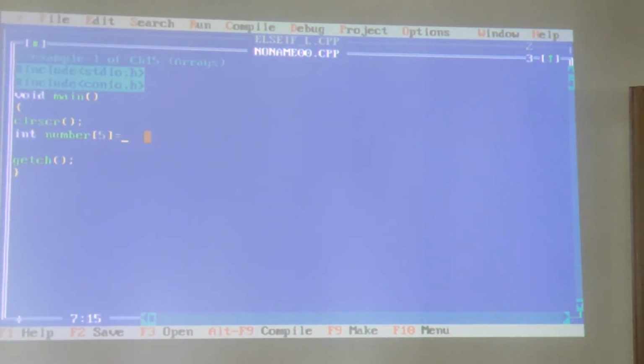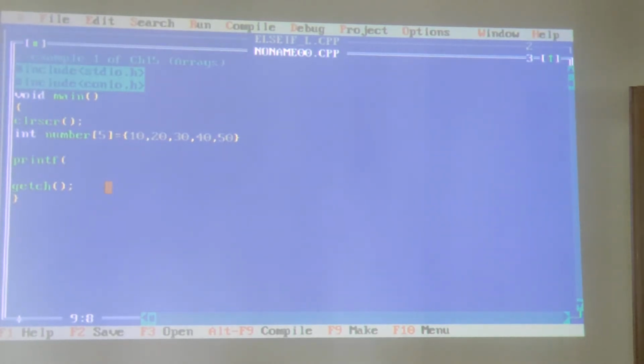So in this example, we will give the values as soon as the variable is declared. 10, 20, 30, 40 and 50. I give these values as per the textbook. You can see here. Now, the next question which can arise in your mind is that these many values are assigned to this array variable number. But if you want to see these values, then what to do? Then you know how to display the values using printf.